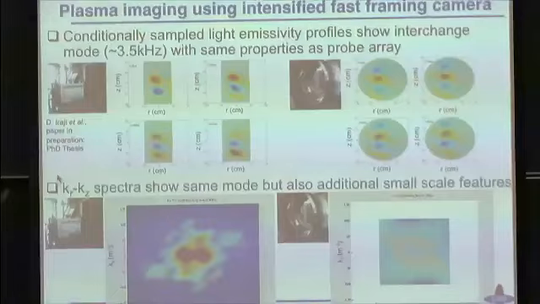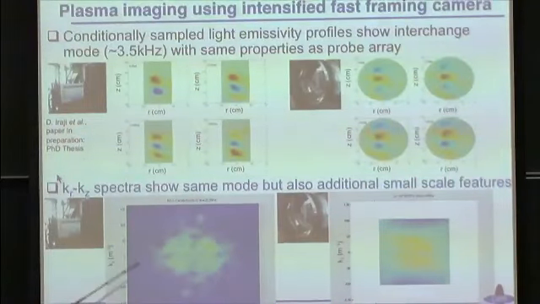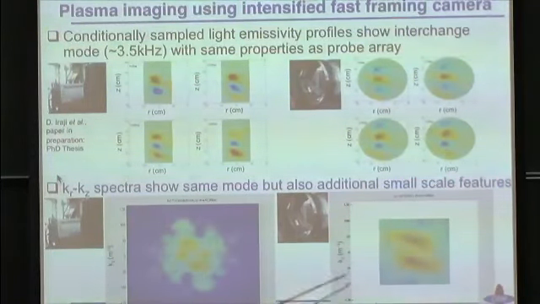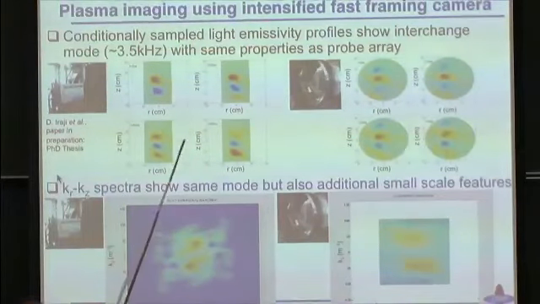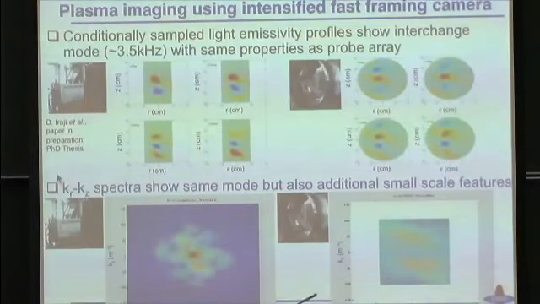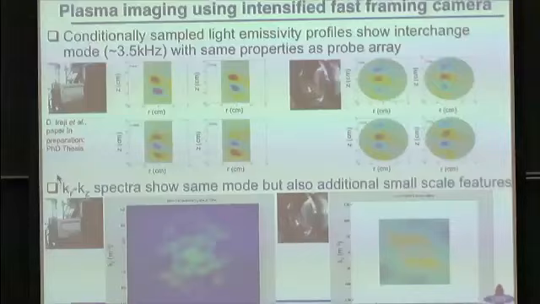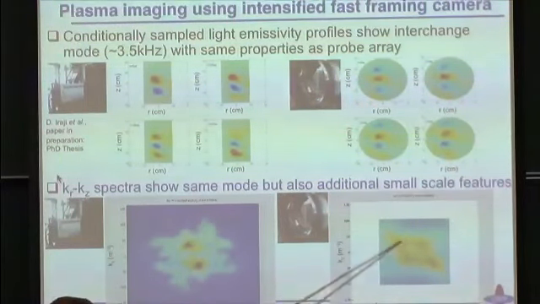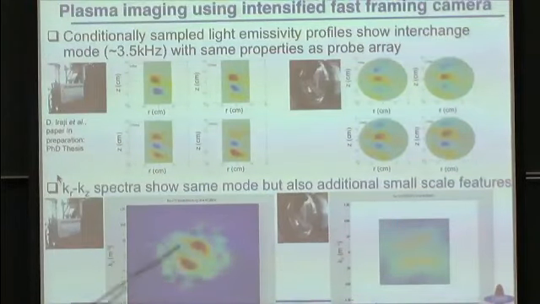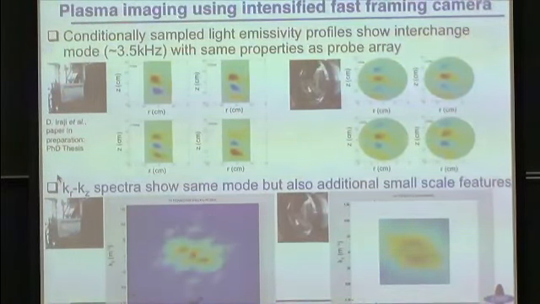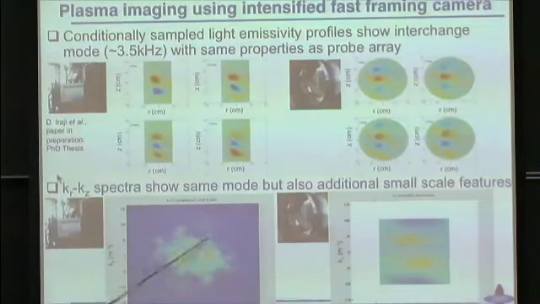So at some point there's a blob going on, and it's easier to start from the probe image. So this is the blob, these are the two modes, and then the blob tilts, if you like, the K structure, which means you're breaking the wave in a sense. So this is the K structure measured by the probe, and this is the K structure measured by the much higher resolution camera images. So you have much more K, if you like, and much smaller scale features than with